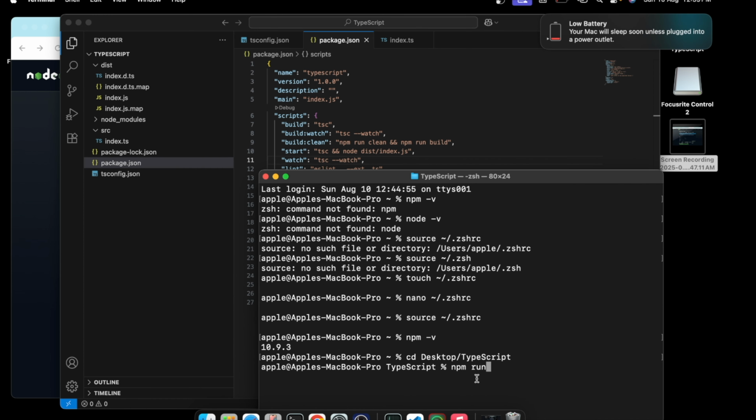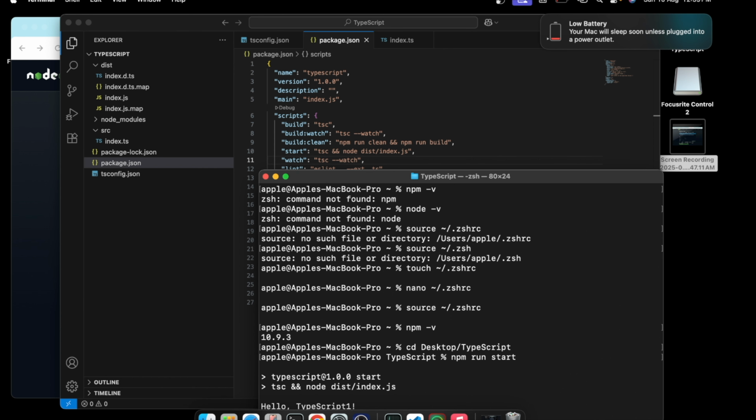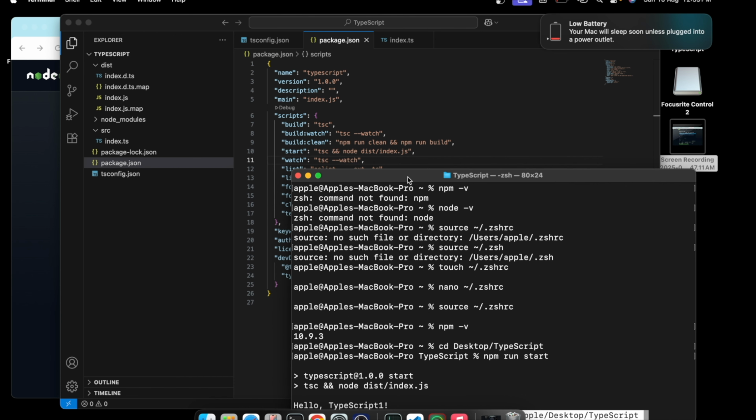If I use run, then whatever is in the scripts we can run. So in the scripts basically we are going to run start, enter. So you can notice here that when I run start, then it runs the tsc command, and node dist slash index.js.